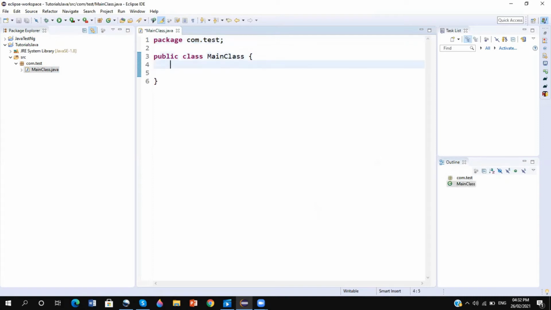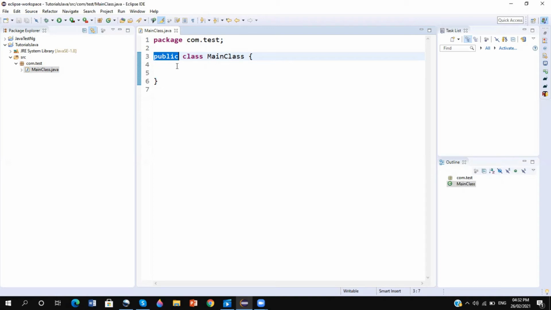So using the class keyword, we can create a class in Java. The first word is public, which gives us the accessibility. This means that this class can be accessed from anywhere. Publicly we can access this class.